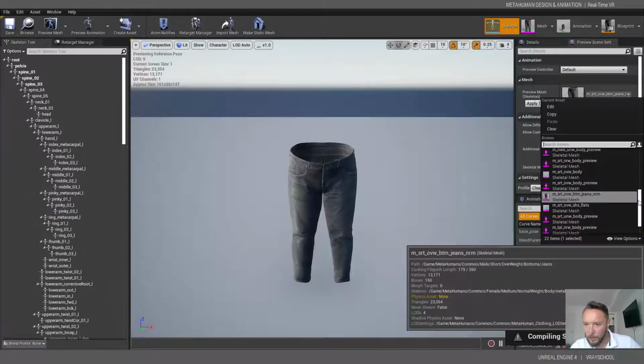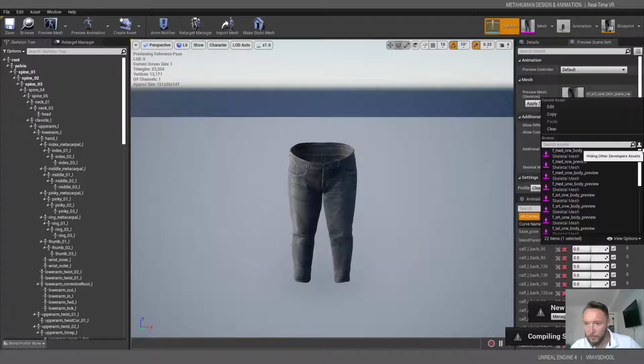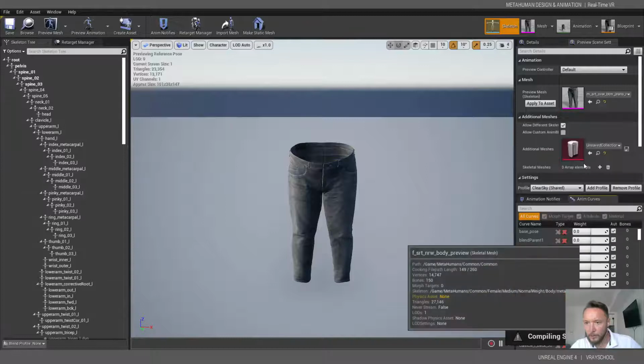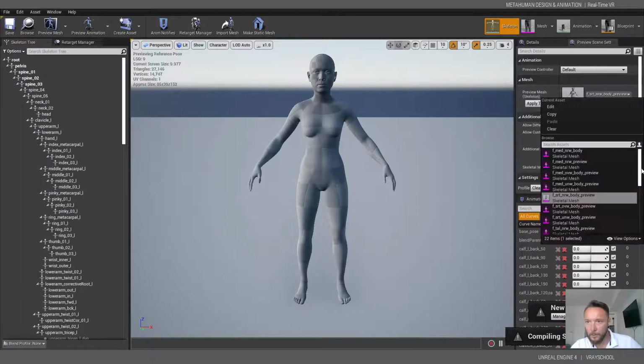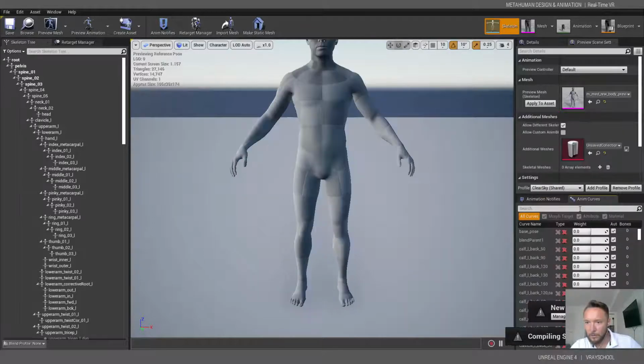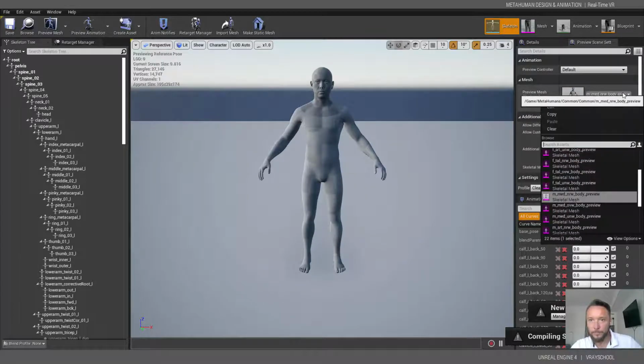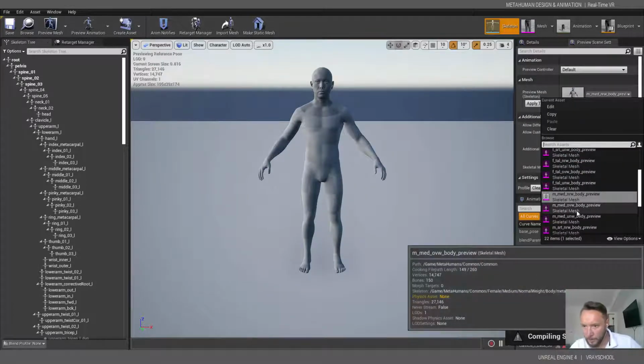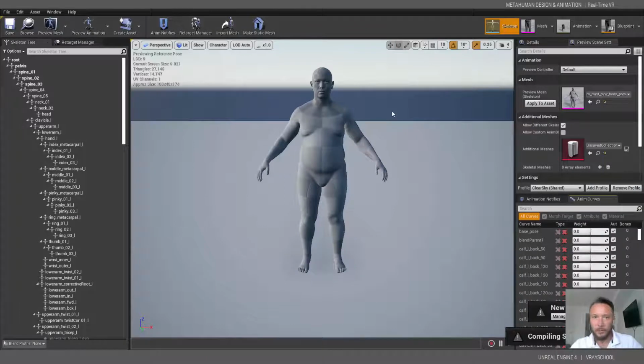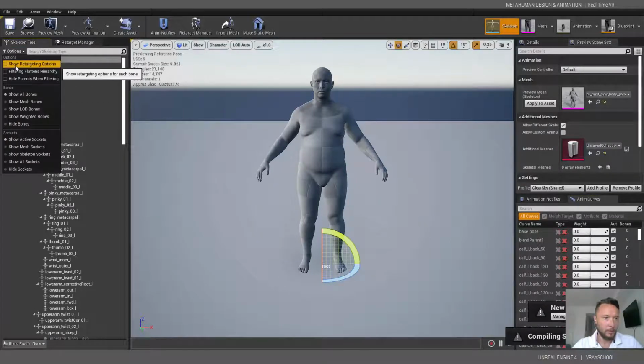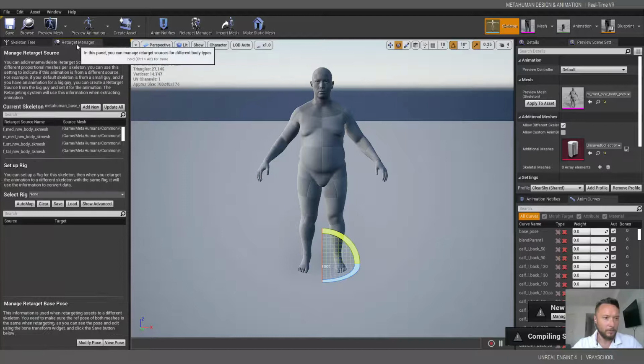Now I need to change that from the jeans. I want to put it on the body. That's a woman. That's a man. And I think it's slightly maybe an overweight body. That's the guy. Okay. So doing this as our guy, we need to show, let's do first retargeting, select here